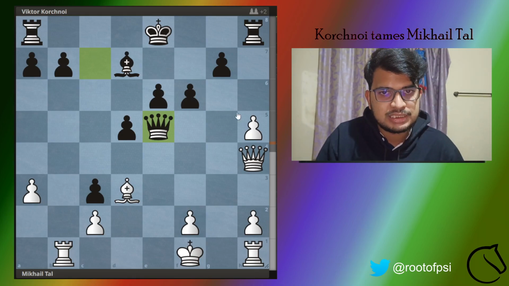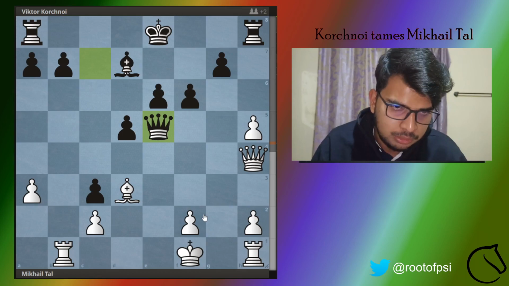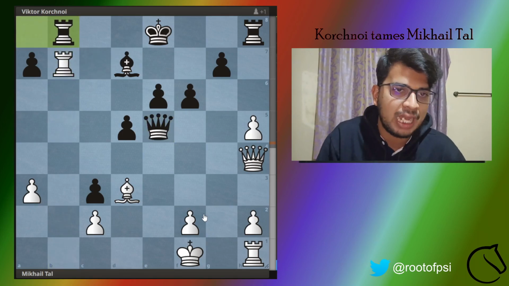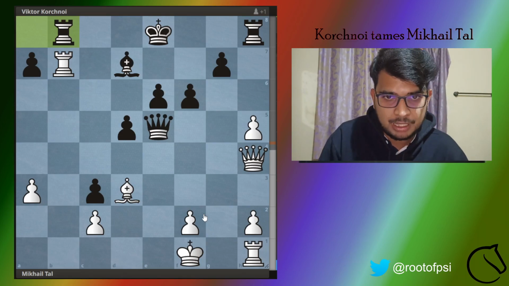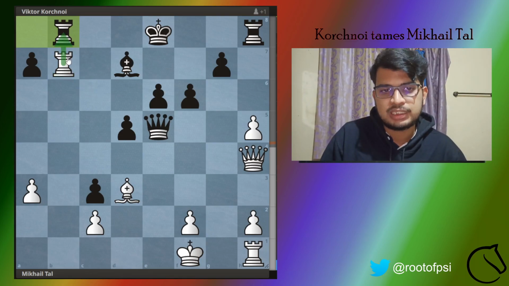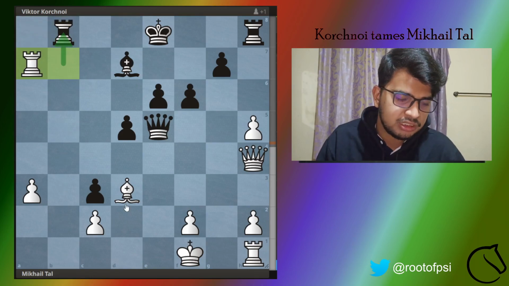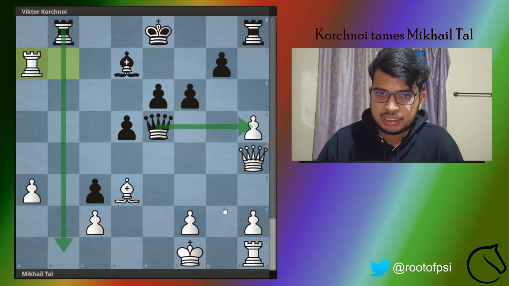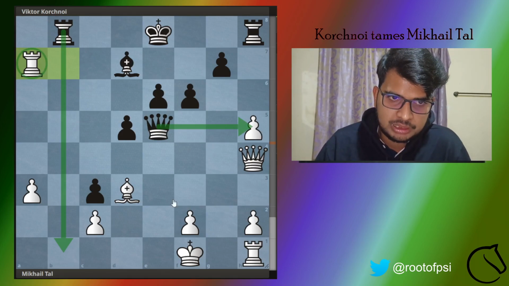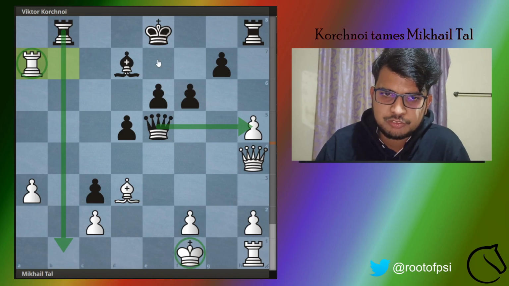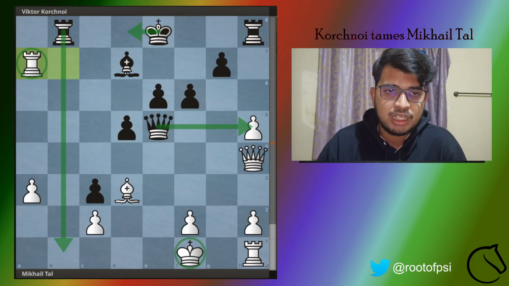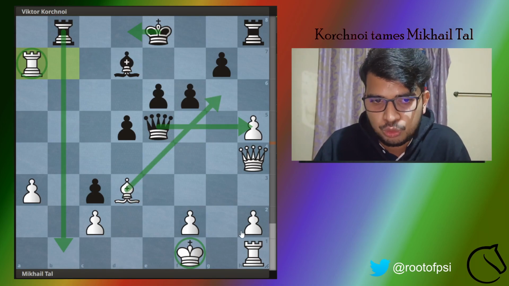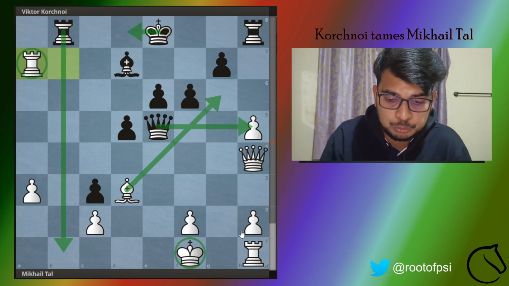So after this you can already see that yes, Viktor Korchnoi is up 2 pieces, but Mikhail Tal actually grabs one of the pieces, and Viktor Korchnoi asks Mikhail Tal to exchange one pair of rooks. Now actually you have to exchange here, because let's say if you decide to take here, then you can already see that there is a lot of pressure along these lines, wherein you would be under very much pressure, because you can see that this rook is misplaced and your king is very weak. After a move like, let's say, king to d8, getting away from these checks, it would actually be Viktor Korchnoi who would be better in this position thanks to his pieces.